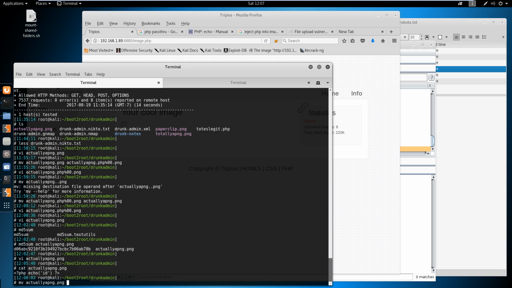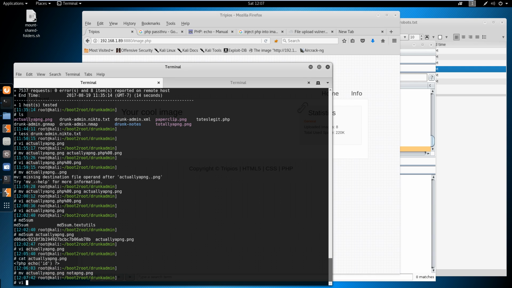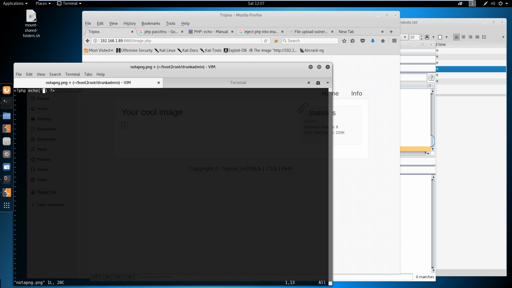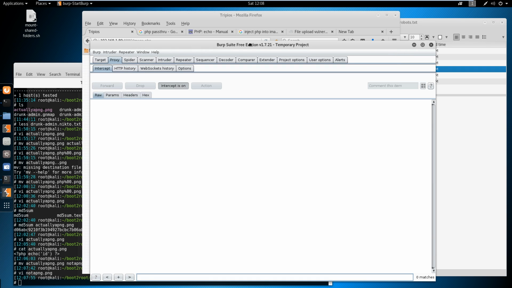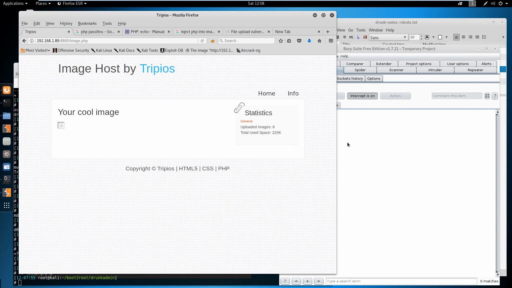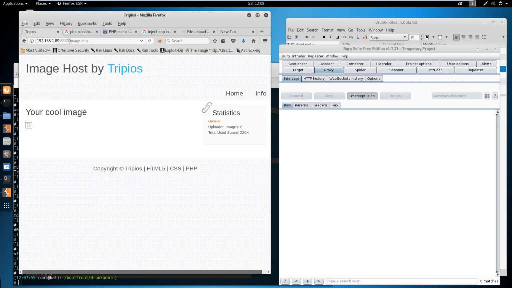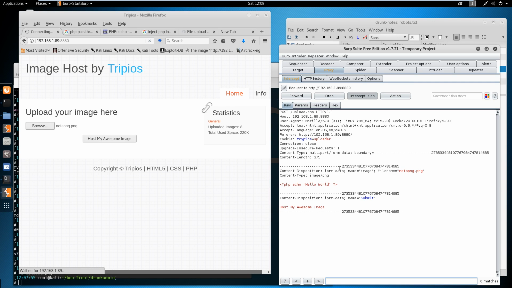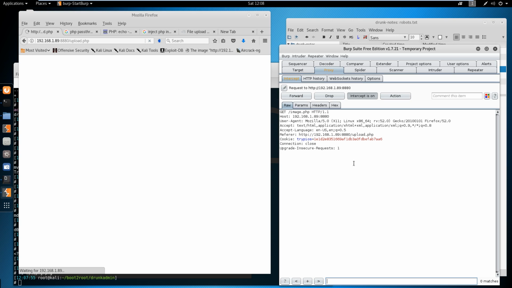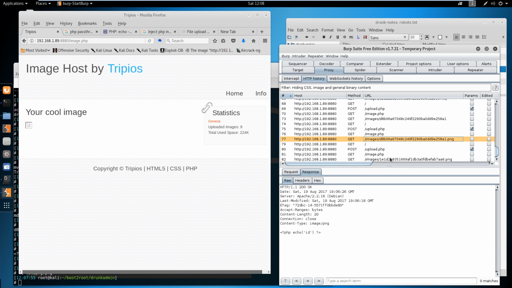Let's do this, and then we'll... Oh, and I'm doing the wrong syntax again. Man, I wish I could stream in 4K because I could have everything up at the same time and not have to move stuff around. Yeah, that's fine. And then we will not a PNG. Forward, forward. There's my cool image. So now